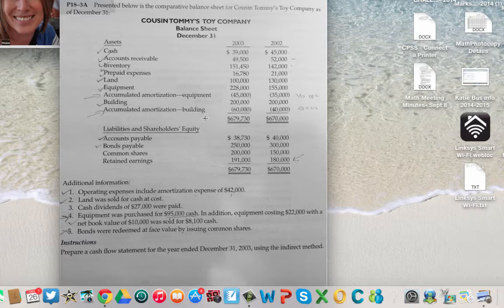This is a little bit complicated, and depending upon when we do this section in the course, I'm not sure if we do this after chapters 14 and 15 or before. This year we're doing it before. As I mentioned in class, retained earnings is all of the net income over time less any dividends given out. So they don't actually give us the net income. This question is a double whammy. It's getting us to calculate net income based on information we know and then complete a cash flow statement. Given that we're just learning about completing the cash flow statement,